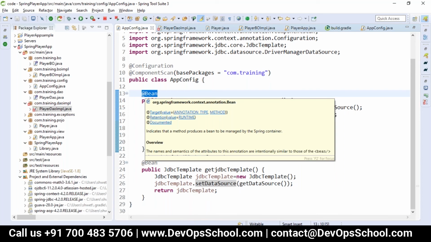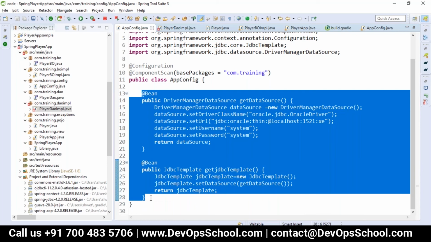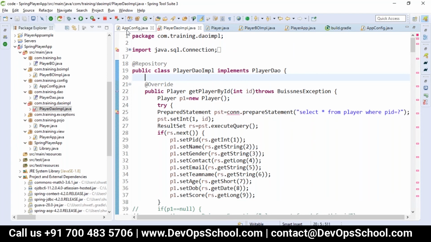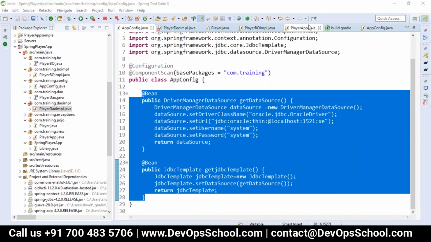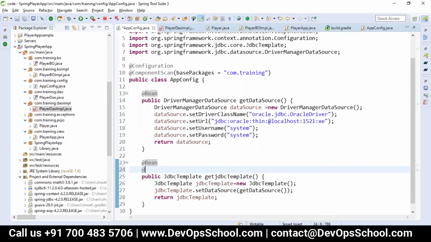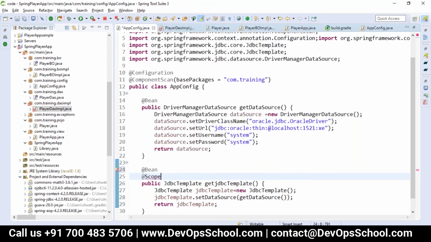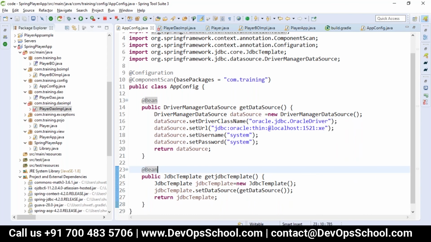Okay. So is it clear? Shall I continue? Yeah, sure. Thank you. Are these beans created as singleton or prototype? Yes, by default singleton. Okay. So if you want prototype as a scope, you can mention here what scope you want to give. Like is it for each request you want one JDBC template to be created, or for each object. So like that you can give a scope here.